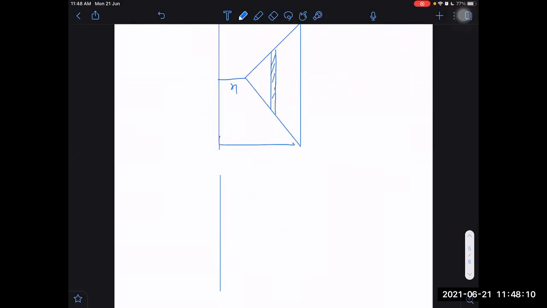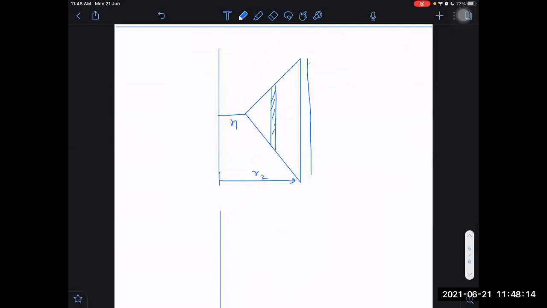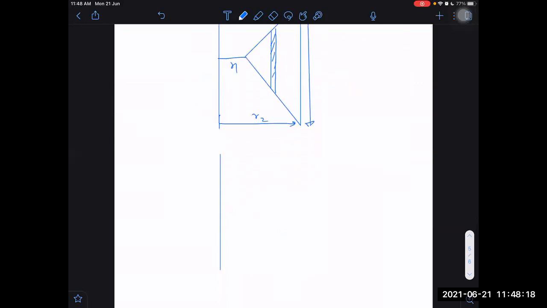R1 here and R2 here. What will it be for this case? And this height is h. Let me tell you that this will be the same as the triangle one. It is equivalent to this one, with R1, R2, and height h. They will have equivalent flux, no different flux.